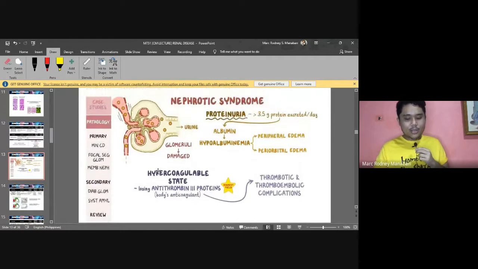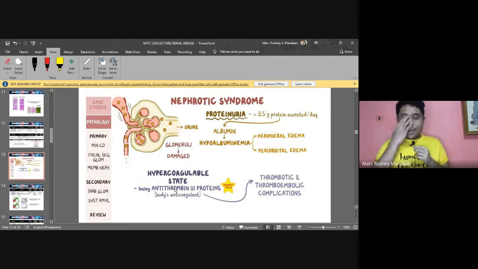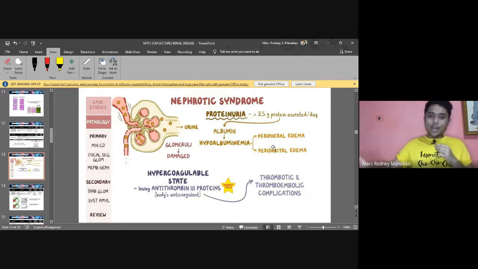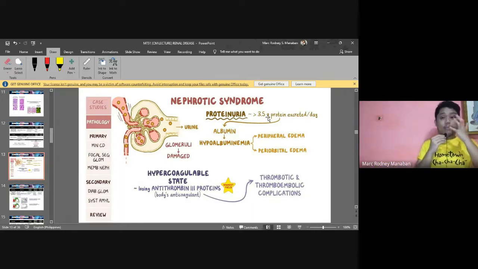So here again is an example, no? Nephrotic syndrome, again, hypercoagulable state. So possible siya mo-produce mga thrombosis, no? Mga clots, hypercoagulable. Because again, nawala iya mga natural anticoagulant factors such as antithrombin 3, alright? Because again, nakagawa siya sa glomerulus. There's hypoalbuminemia, usually sa peripheral, edema, and periorbital, sa mata, alright? And massive proteinuria, pila ka grams, about greater than 3.5 grams of protein per day. Imagine na, again, kaayog yun, alright?